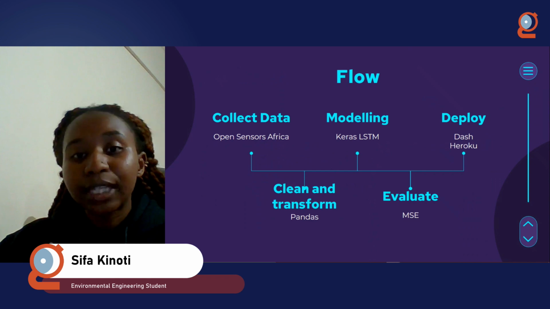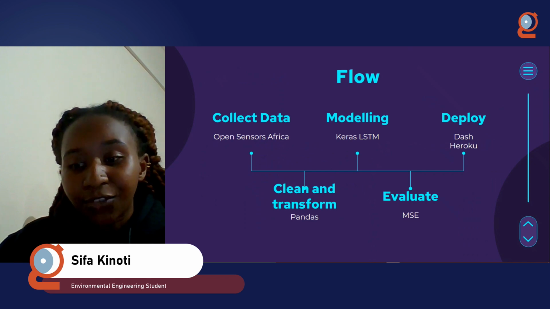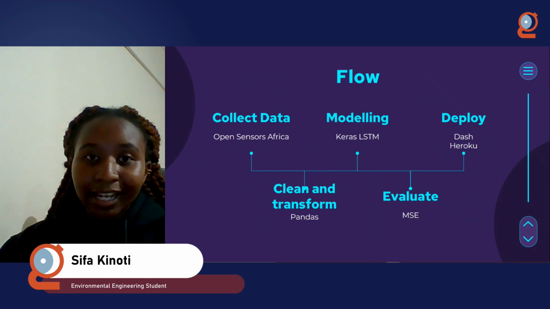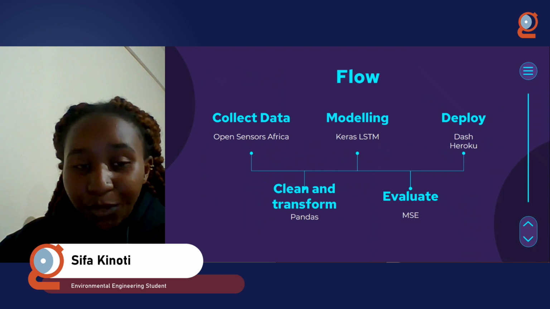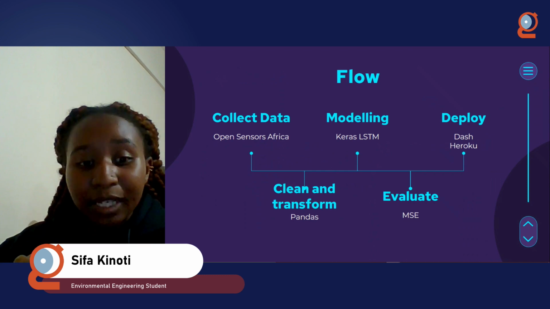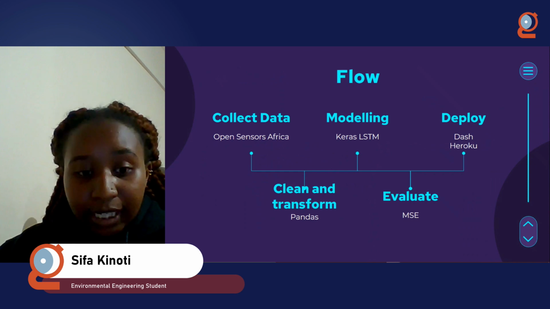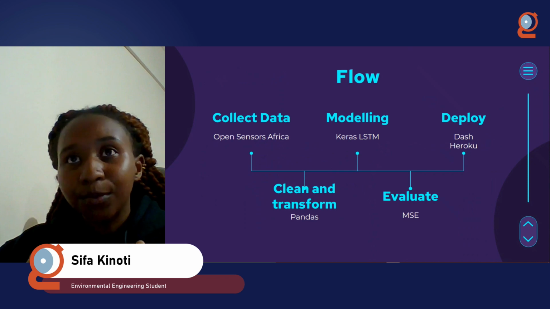So if you want to put this data set into a machine learning model, it's important that you put it in a way that the machine learning is going to understand it, in a way that the model is going to be able to detect these patterns. So something else that we also do when we're transforming the data is differencing. We do the differencing so that we,